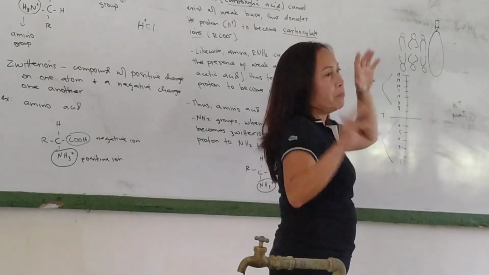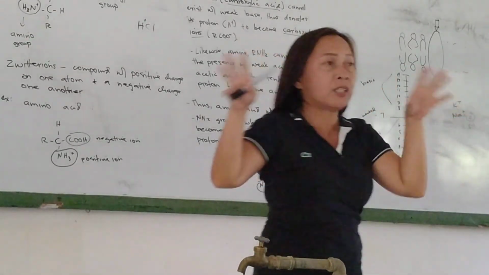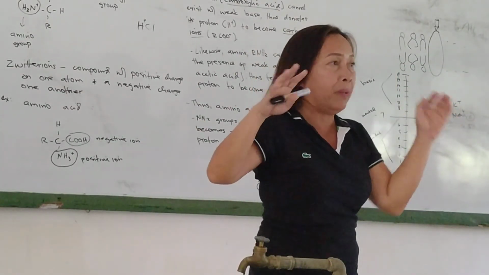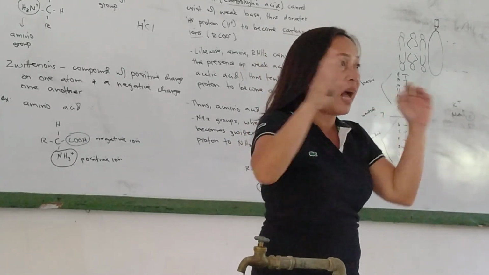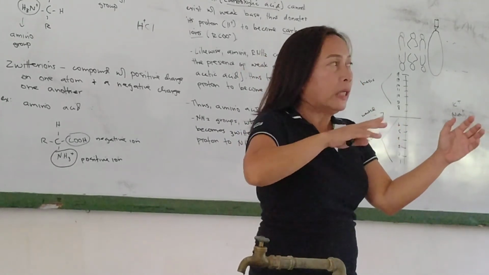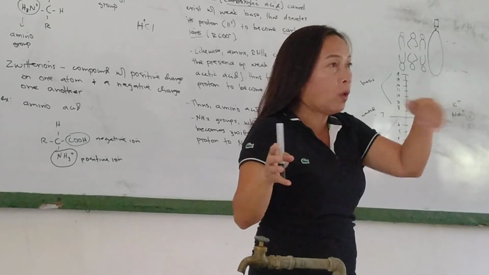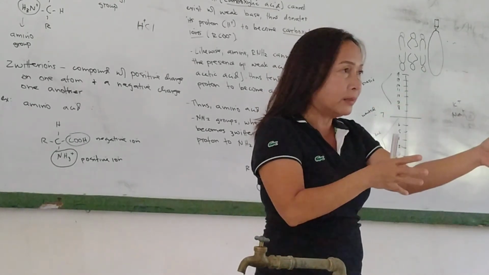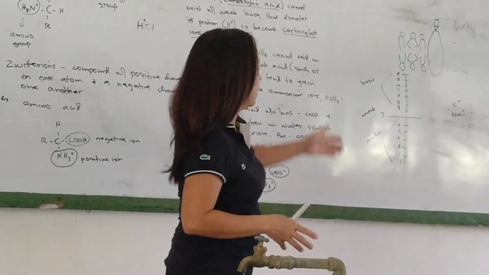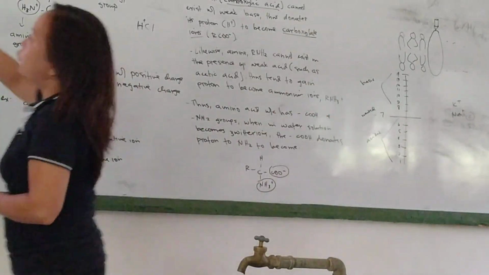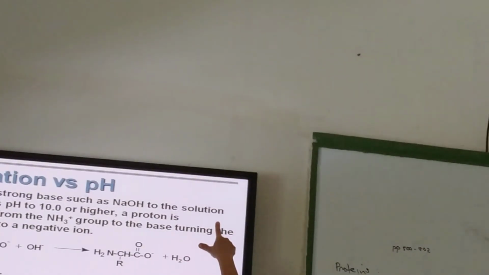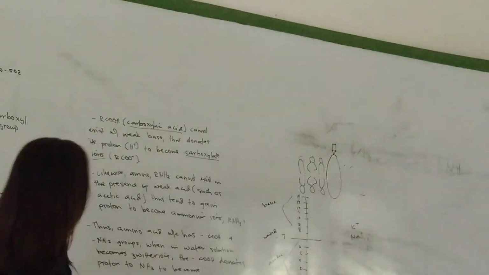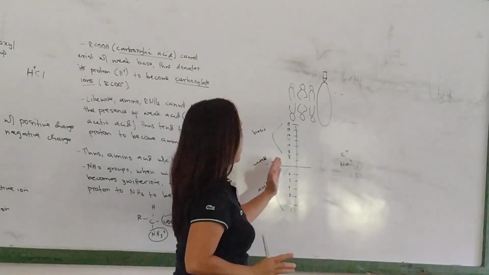Remember, our amino acid can be a zwitterion. It can be a base, it can be an acid. Now, its overall charge depends on the solvent that will be added to our solution. Now, if you will add sodium hydroxide to the solution in such a way that the pH would be going up to 10,